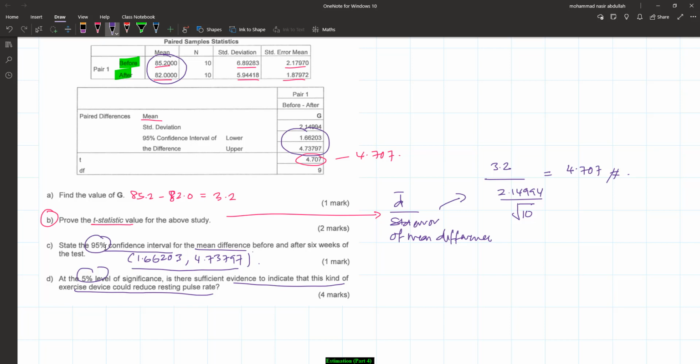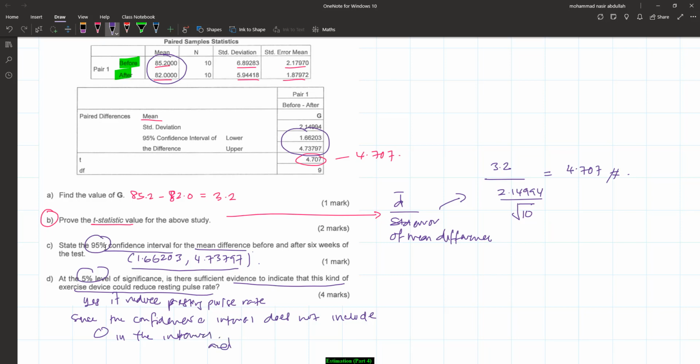So means that we can say that yes, it reduces resting pulse rate since the confidence interval does not include 0 in the interval,